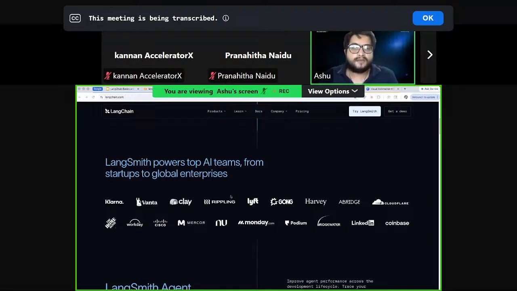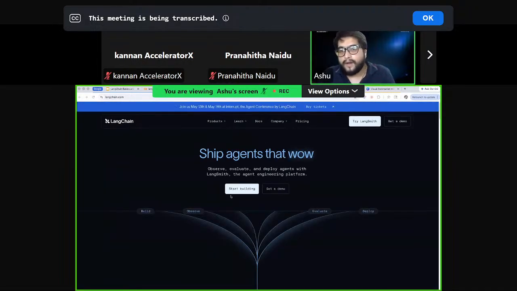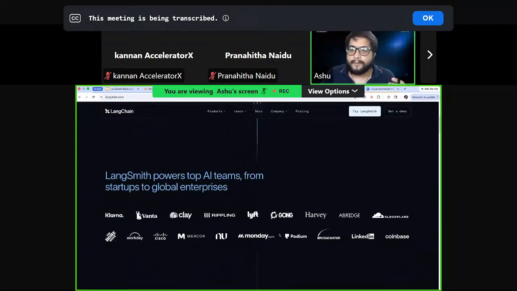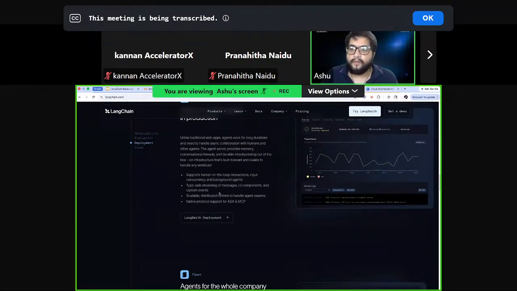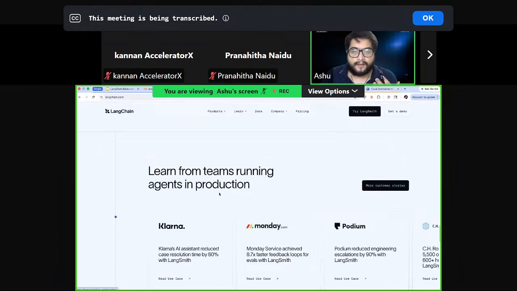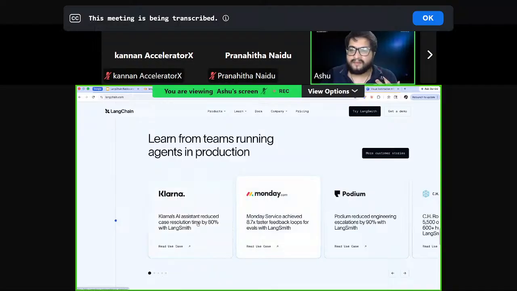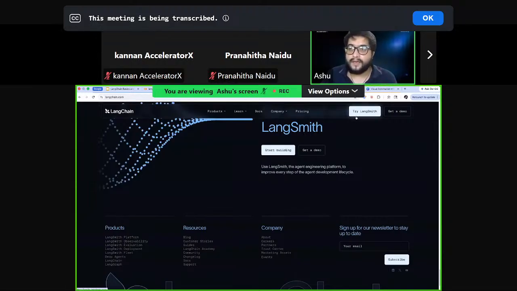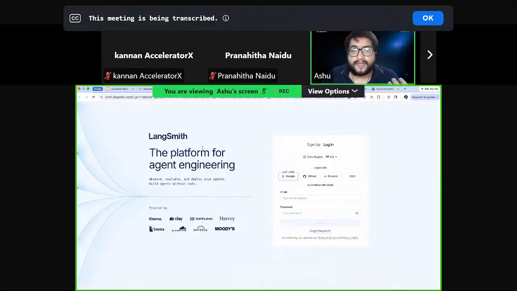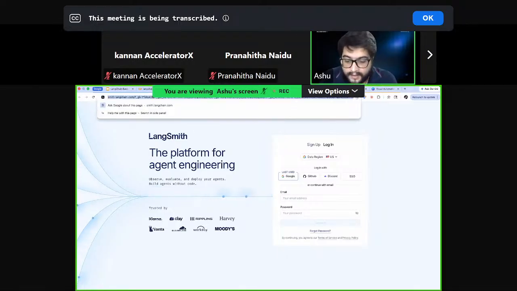So basically, LangChain is a part of the family of the whole Lang. I have already put this specific page over here. Then you can see which companies are using LangSmith or LangChain or this whole Lang family, and you can go down to see the value proposition and the different features. These are the case studies. Monday.com and Podium.com have been using LangChain. This is one such product. The second product of the Lang family is LangSmith, a platform for AI engineering, which is helpful for observing what exactly is going on inside your LangChain agentic platform. The third one,